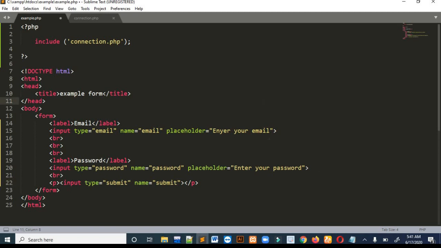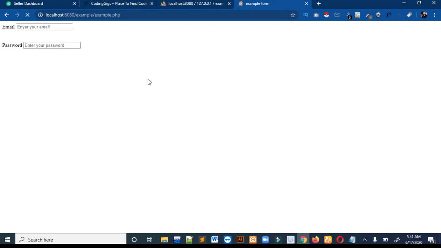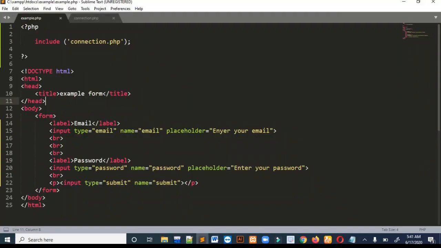Let me save it and check this. Now you can see that there is a submit button and it's working. So here is our form, and now I have to submit data in our database.